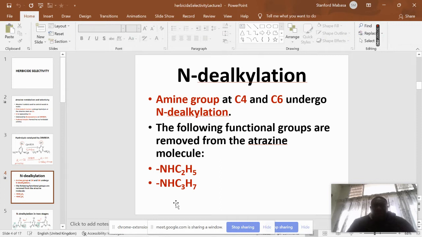So we have N-dealkylation. Now we've got the amine group at carbon 4 and carbon 6. So there are two positions where N-dealkylation can occur on the atrazine molecule. So the functional groups are removed from the atrazine molecule. These are